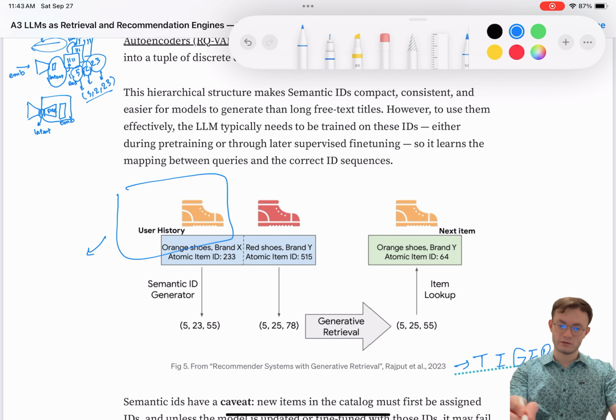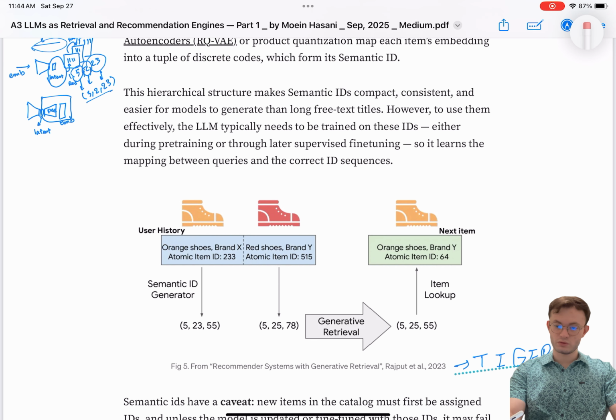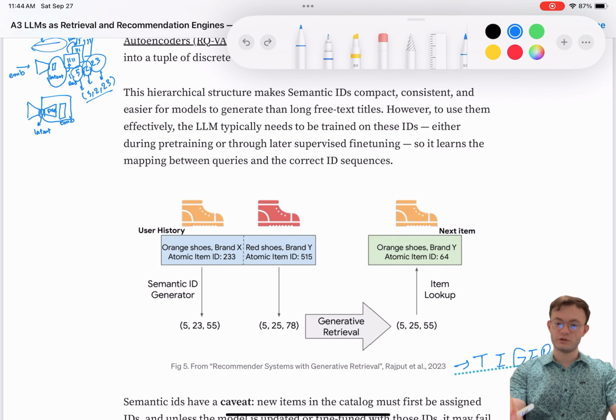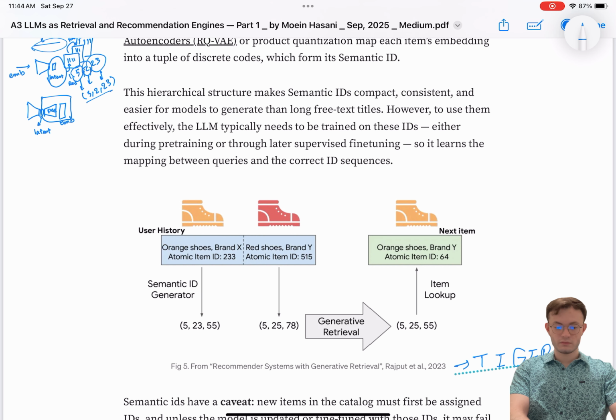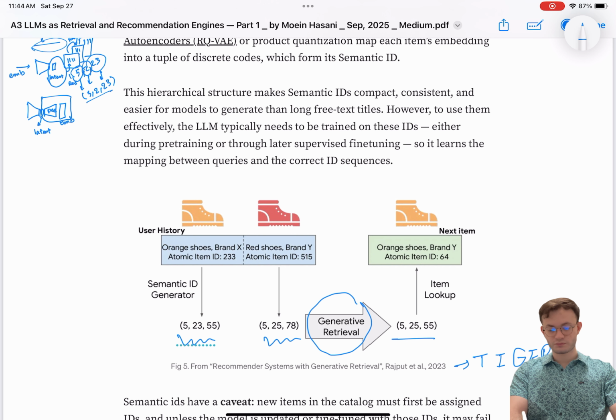Actually, it's already shown down there. So you will have a sequential purchase history. And it says 523.55, this is saying, hey, orange shoes brand X, or 525.78, red shoes. And then generative retrieval will get you the next item.